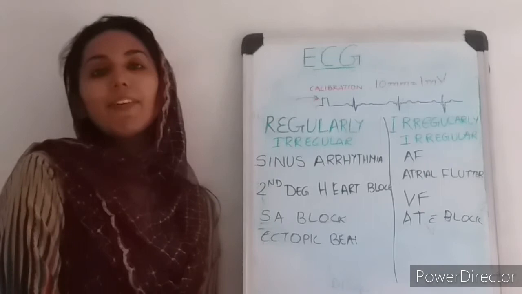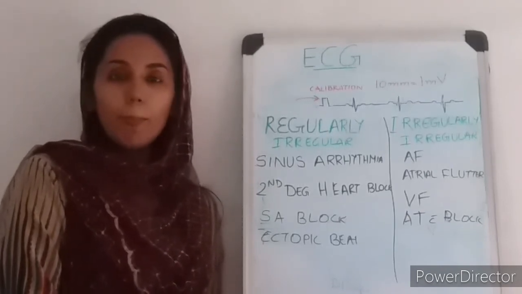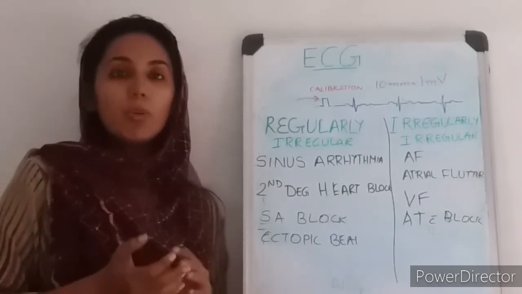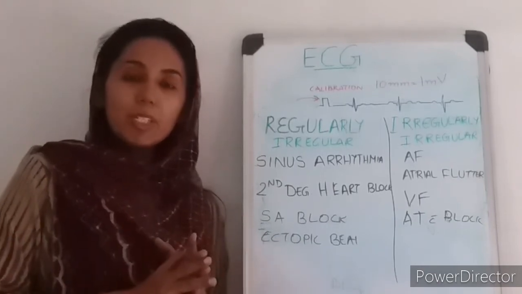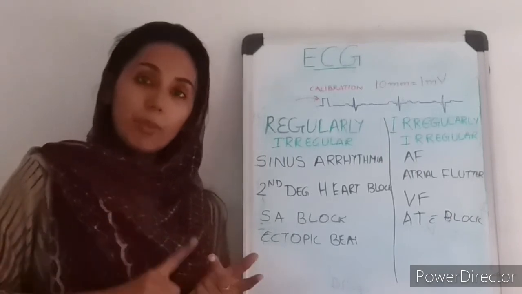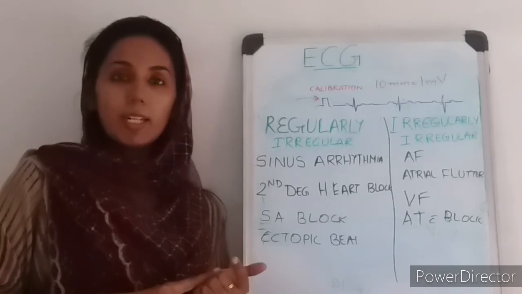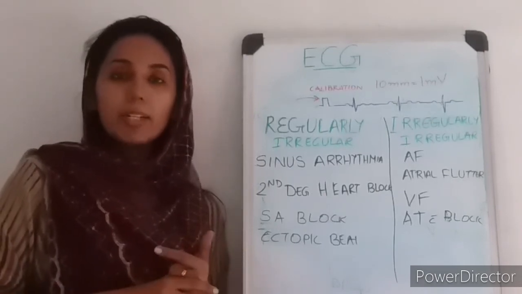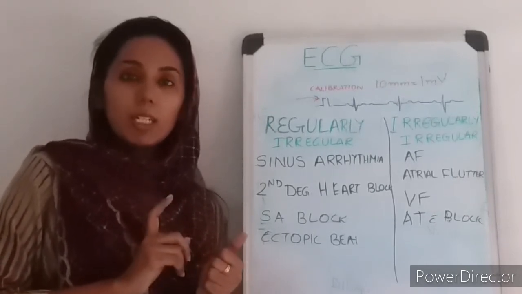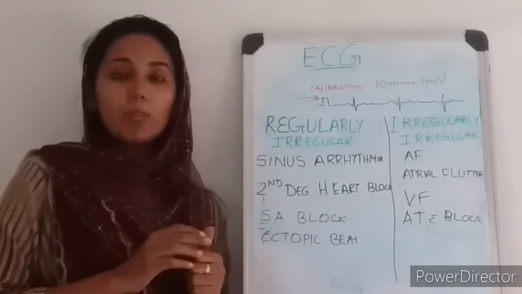So in this session we have discussed in detail the individual components of the normal ECG and how to go on with the interpretation of ECG. The method says first we have to make sure whether the ECG paper is standardized properly. Then we find out the rate using different formulas. Then we find out whether the rhythm is regular or irregular. Then we look closely at the P wave, the PR segment, the QRS, whether it is normal, and the axis.